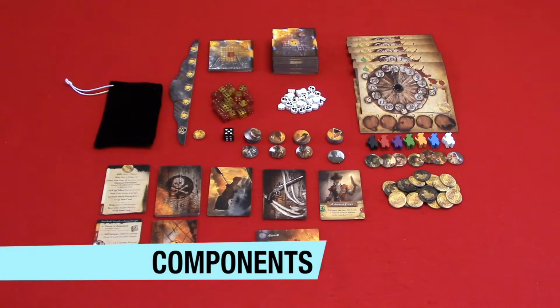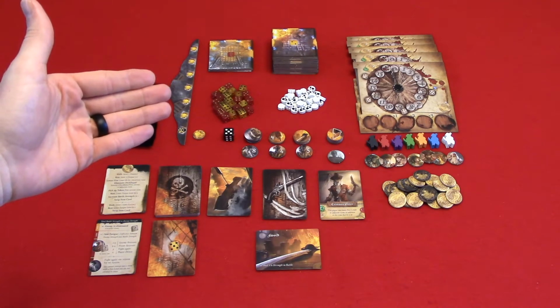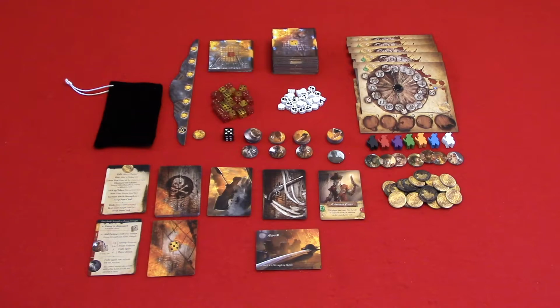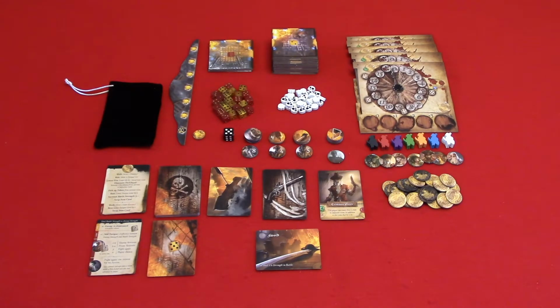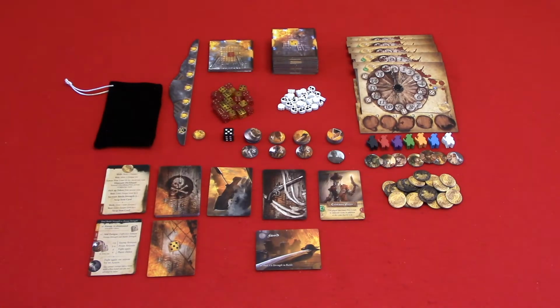Now let's take a look at the components. You have a cloth bag to hold your tokens, explosion tracker, explosion marker, starting room tiles. These are the tiles that have a question mark on the dice in the center of the tile. Regular room tiles, fire dice in yellow and red, deckhands, which are your wooden skulls, the battle die,